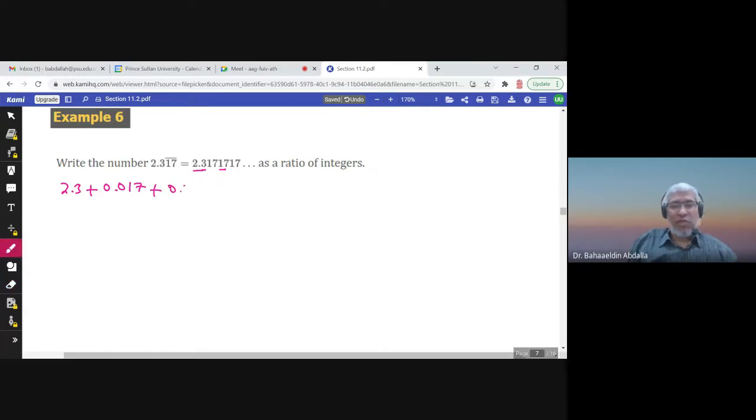So it's 0.00017. And the next 17 is 0.0000017, and so on. So I wrote this number like this. It is the same number. If you add these numbers, you get back to this number. So now look at these terms. In fact, from here on, this is a geometric series where A is